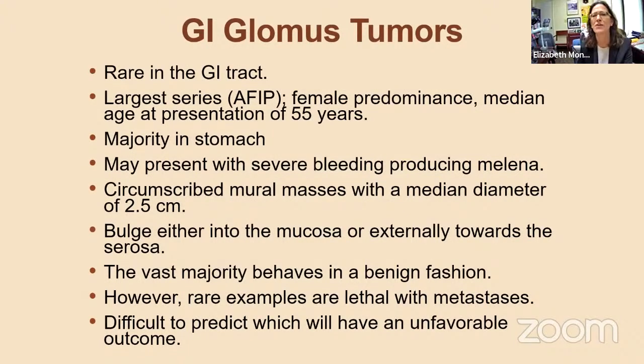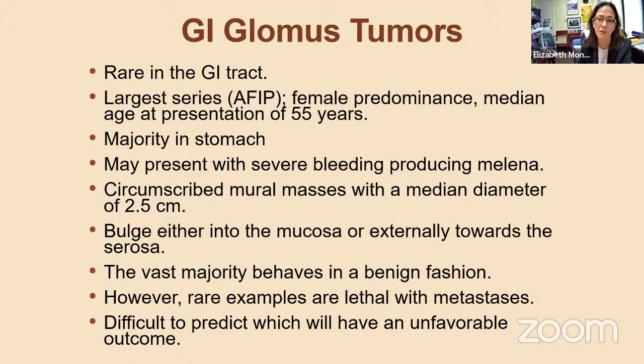I think still the largest series is from the former Armed Forces Institute of Pathology, and it showed a female predominance. And if something from the old AFIP showed a female predominance, that lesion has a female predominance. Remember that the AFIP used to serve the military. Most GI glomus tumors are in the stomach, and they tend to be right in the middle of the muscularis propria, and they can ulcerate on top so that the patients present with horrible melena. The vast majority behaves in a benign fashion,